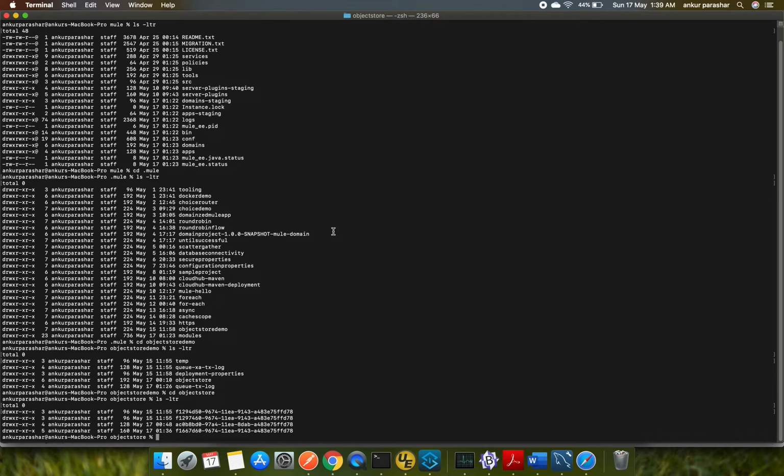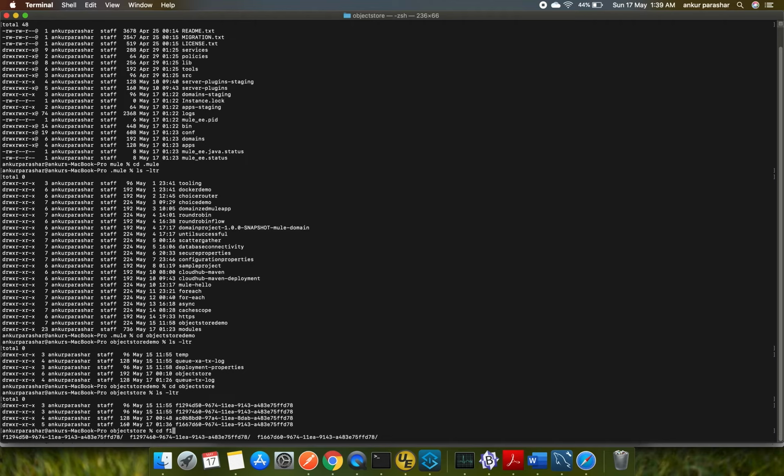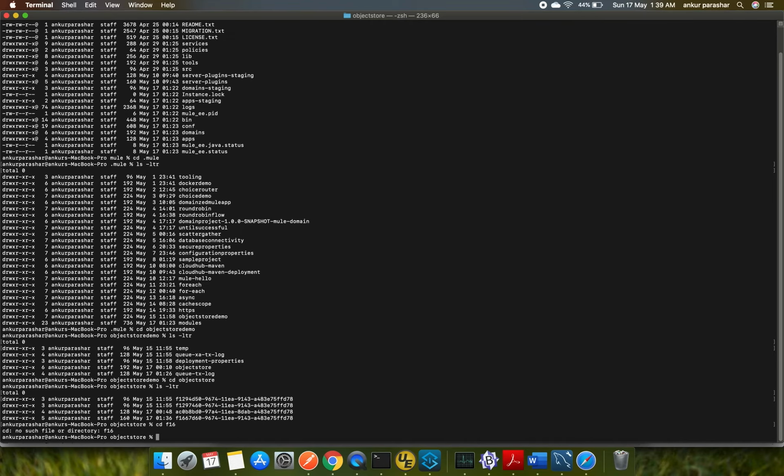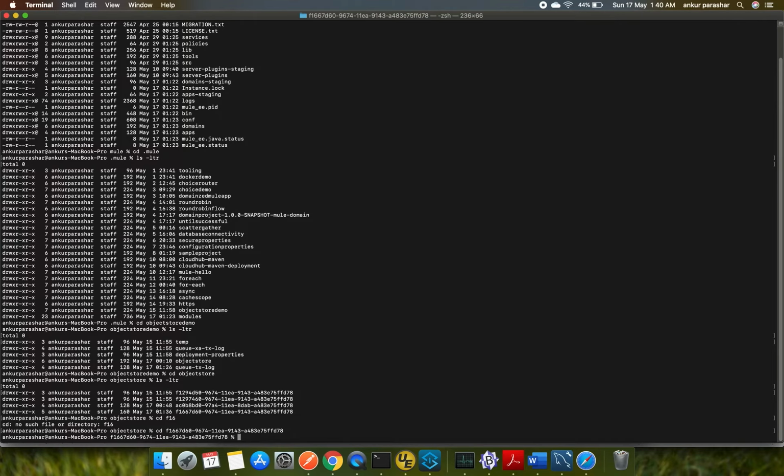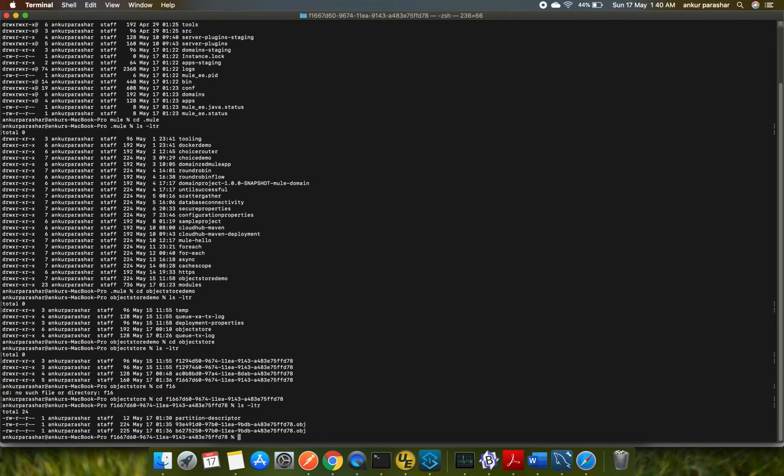It could be present in one of these folders, so I need to check. Here you can see the second one, 93E4 491D0.